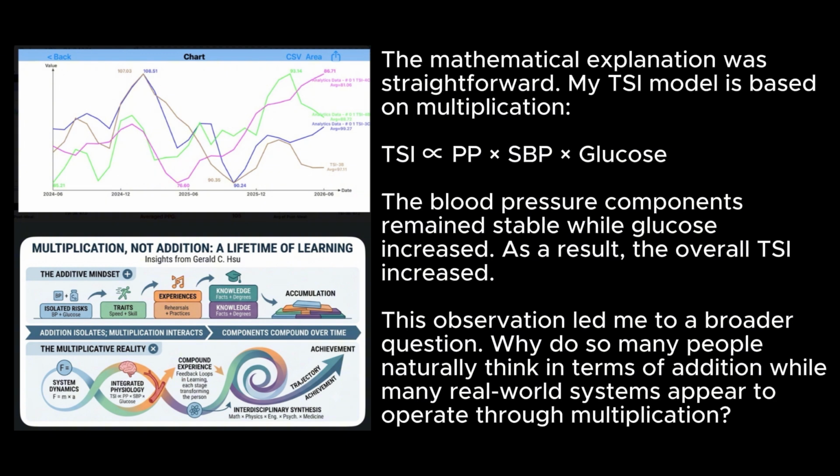The mathematical explanation was straightforward. My TSI model is based on multiplication. TSI varies as SPP times glucose. Blood pressure components remained stable while glucose increased. As a result, the overall TSI increased. This observation led me to a broader question: why do so